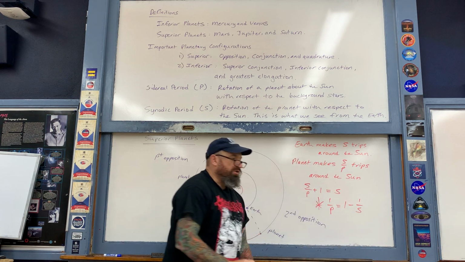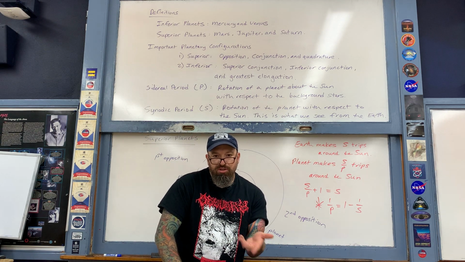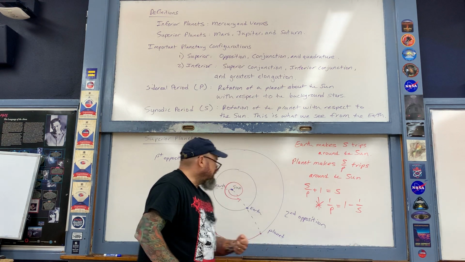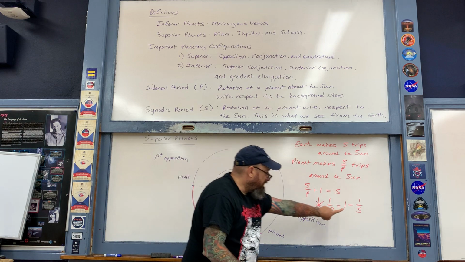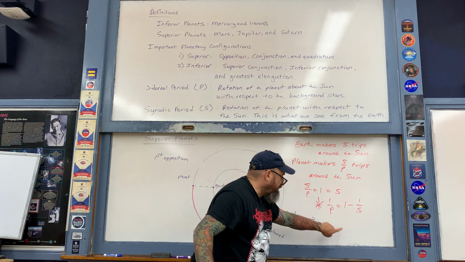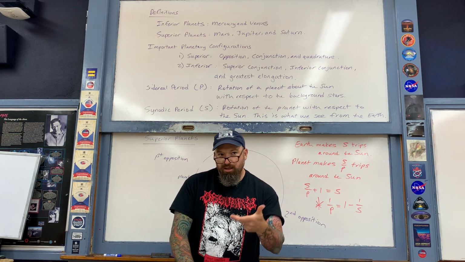One over p equals 1 minus 1 over s. So here's the basic idea as to how you use this formula, say in the case of Mars. In the case of Mars, you measure the time to go from one opposition to the next. When you do, what you've measured here is the synodic period s. You then plug it into this formula, and this then allows you to calculate Mars's sidereal period, its orbital period